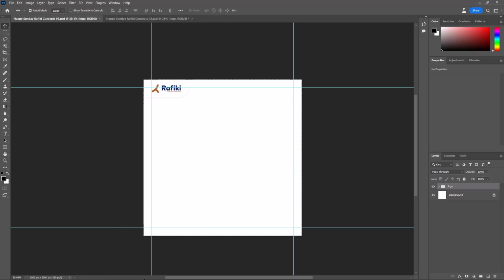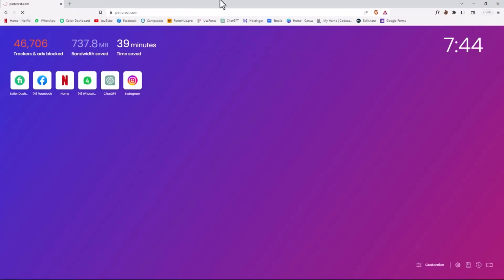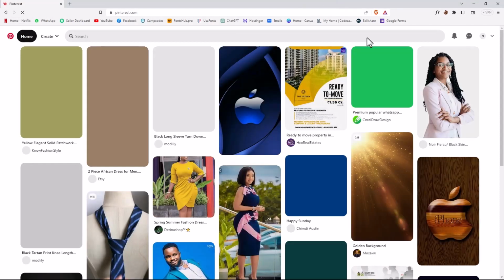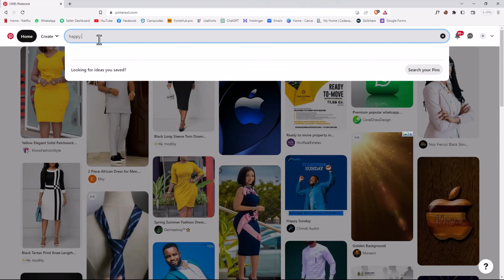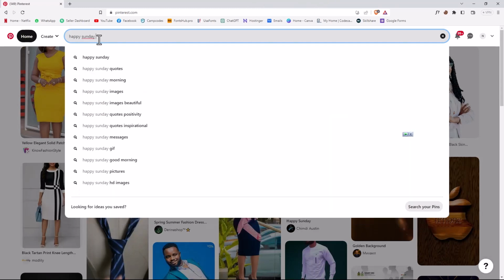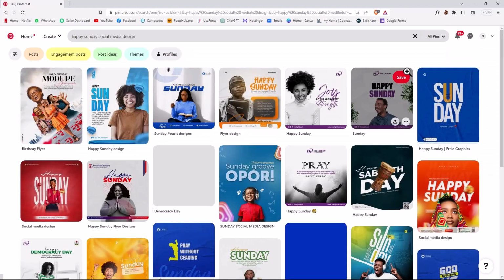So where can you do a research? There are so many places. Let me minimize this. And personally I use Pinterest. So when I'm in Pinterest, I can just type Sunday or Happy Sunday social media design, like that, and then it will give me some